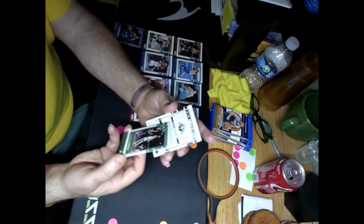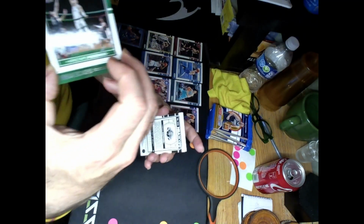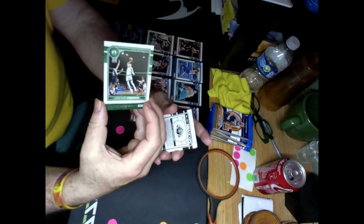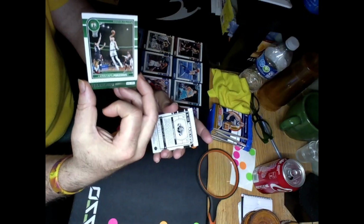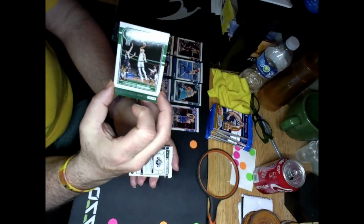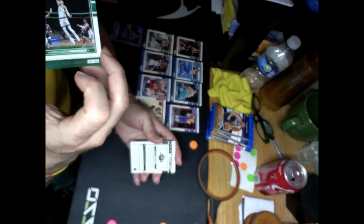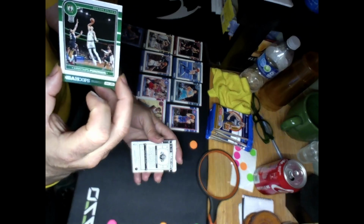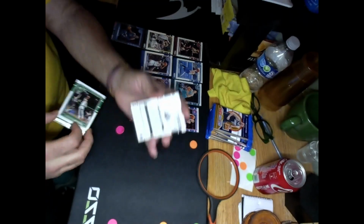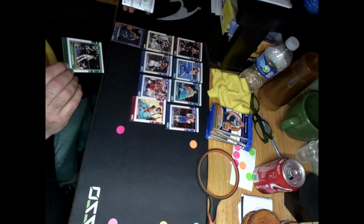All right. Next card. Ooh, Kristaps Porzingis. Big fan. Love him. It's one of those weird guys who had a tough start in his career, you know? I liked him. He looked like this guy's gonna take over the league, and then he had a lot of problems. It looks like they don't talk about this guy's problems. He had massive issues, and it looks like now that he's on the Celtics,